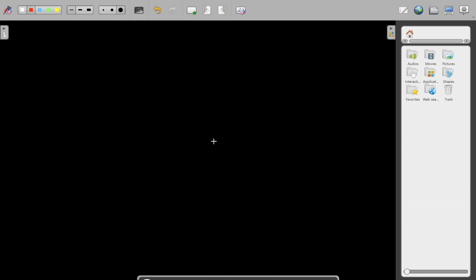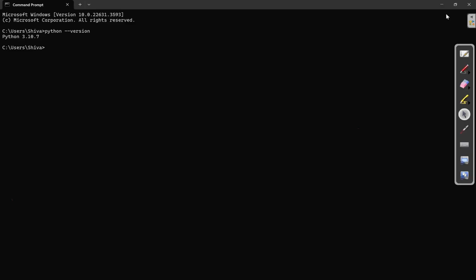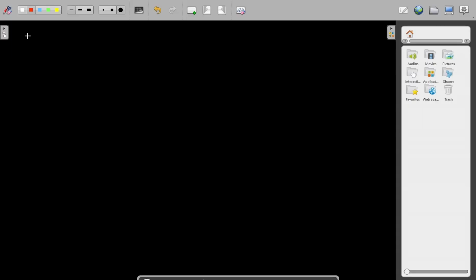Now, if I want to write a Python script and execute the code, we have three different ways to execute it. First, I can use the command prompt and write my Python code on the command prompt. So, execution of Python code: first is the command prompt, that is the CMD.